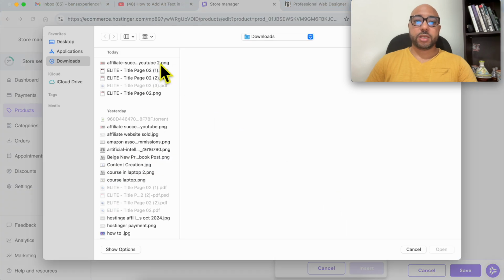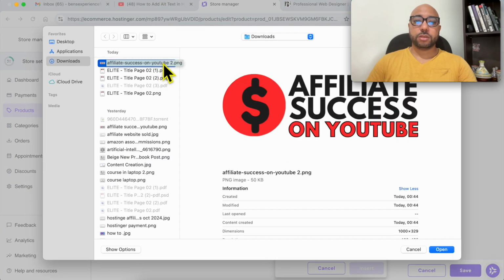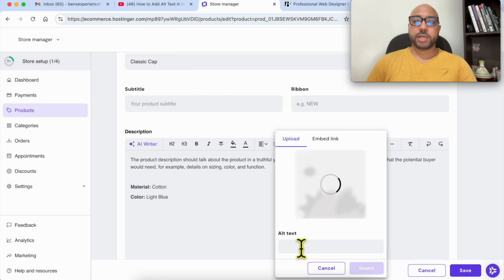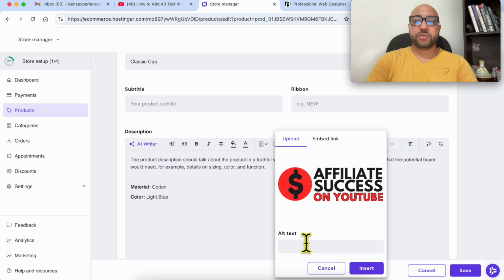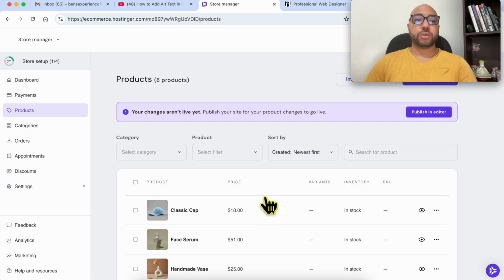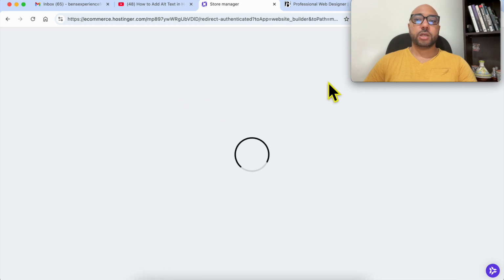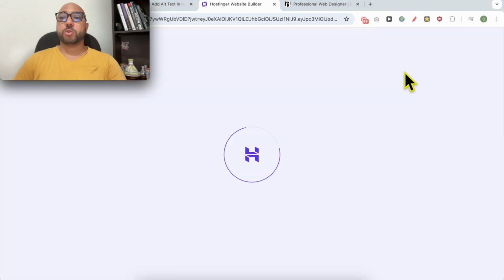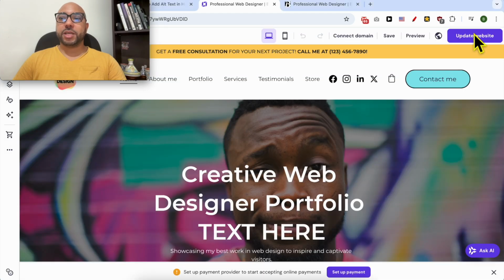Click on add media, add your product photo, double click it, and here write your alternative text. For example, for this photo, it's the course logo. Click on insert, and now save your update. After updating your store product, always go to your website to update it and publish your latest changes to your store. Click on update from this corner,